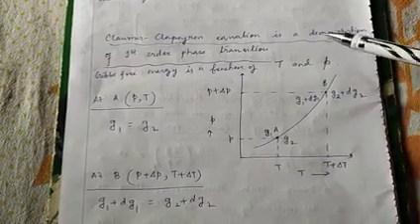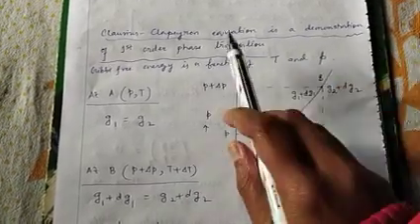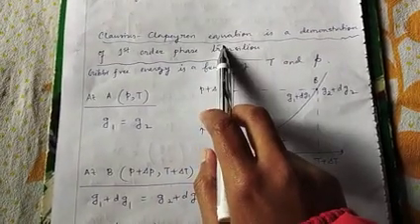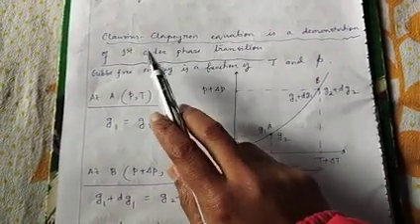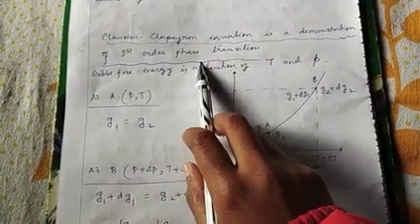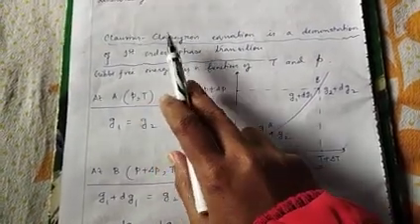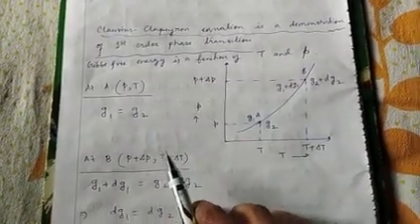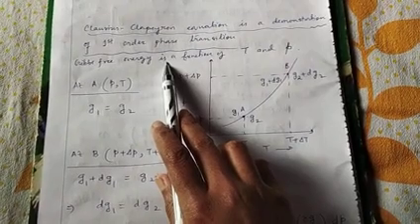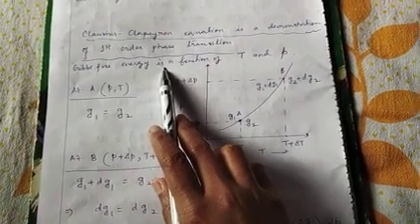So starting with the condition of first order phase transition, what we can obtain is the Clausius-Clapeyron equation. Using the condition for first order phase transition, again we can obtain the Clausius-Clapeyron equation. So here we will start with the condition that the Gibbs free energy for both the phases are the same